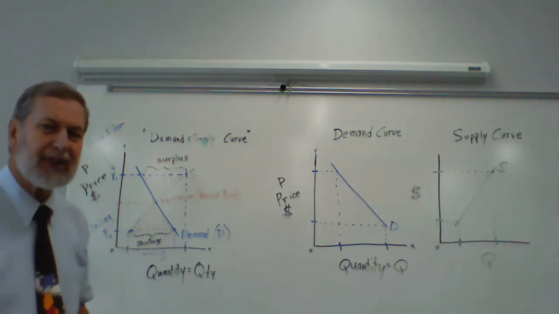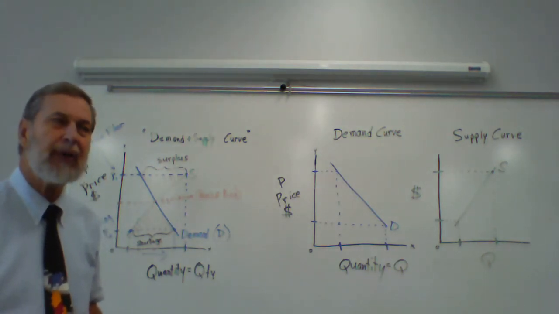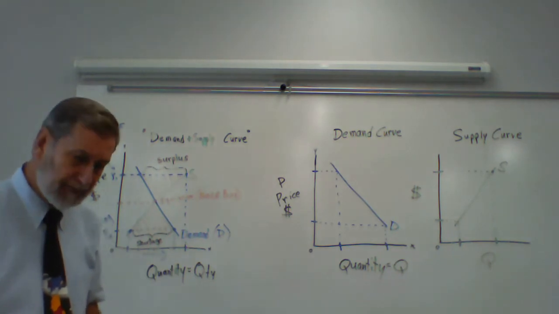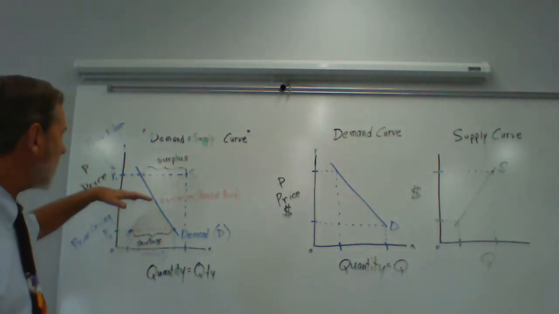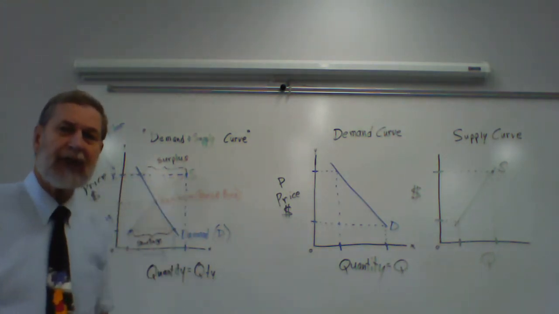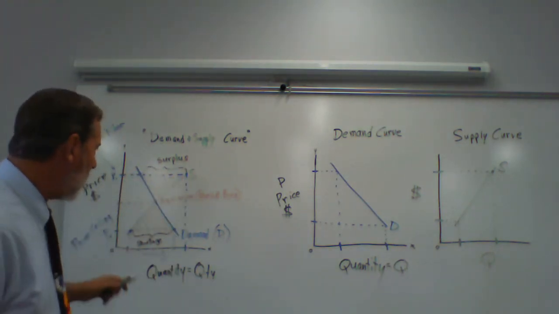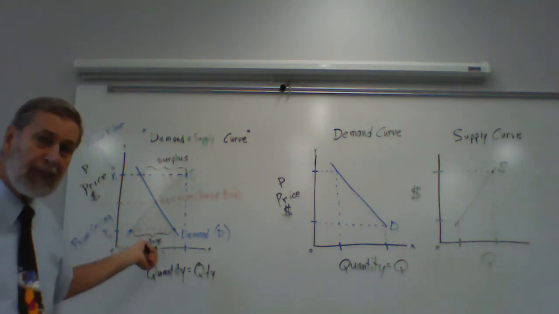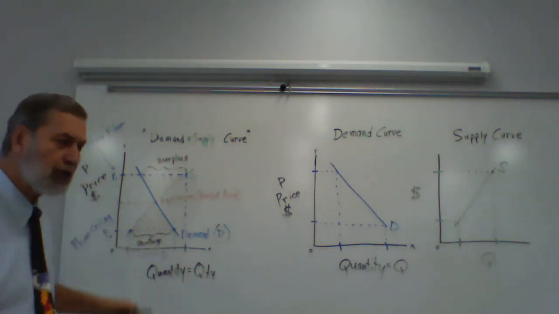You can see this in command economies where the government manipulates the price, and they will put a price floor above the market price, and it will create a surplus of things that we don't want. Or if they put a price ceiling below the market price, they will produce a shortage of the things that